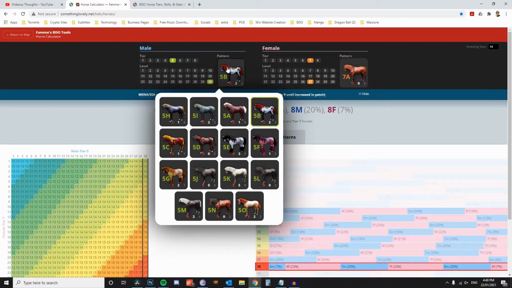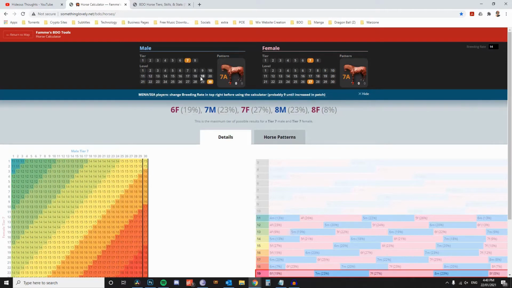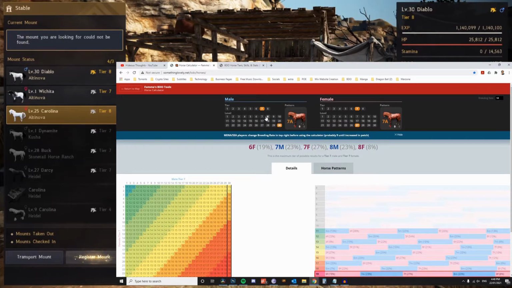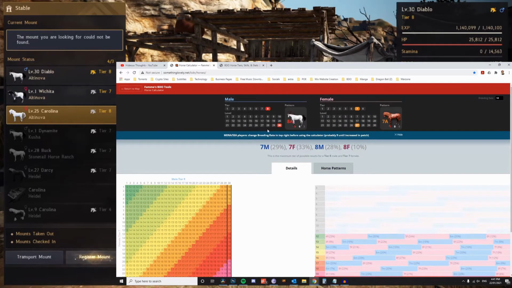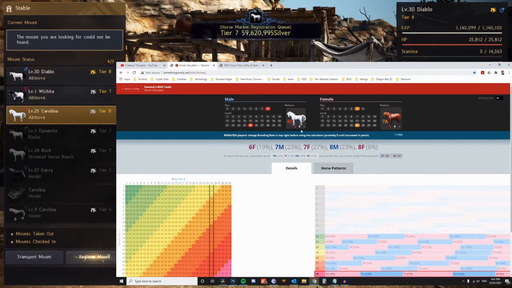So that's that site. Now the main reason that this site is valuable is because it gives you a breeding estimation of your chances of success when it comes to breeding. So let's say now we look at these two horses. Our female horse is a tier 8 and it's level 25, and we're looking at the coat, and it's this one here. It's the purebred, pure white. Okay, and then if we look at the male,